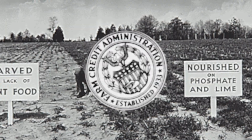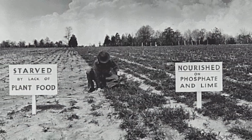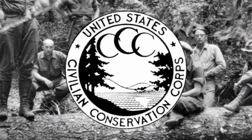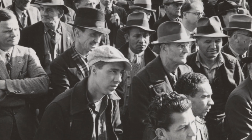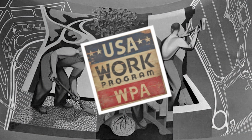set up alphabetical agencies, such as the AAA, Agricultural Adjustment Administration, to support farm prices, and the CCC, Civilian Conservation Corps, to employ young people. Another flurry of New Deal legislation followed in 1935, including the establishment of the Works Progress Administration,